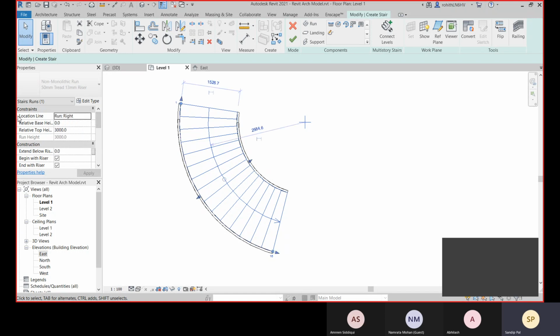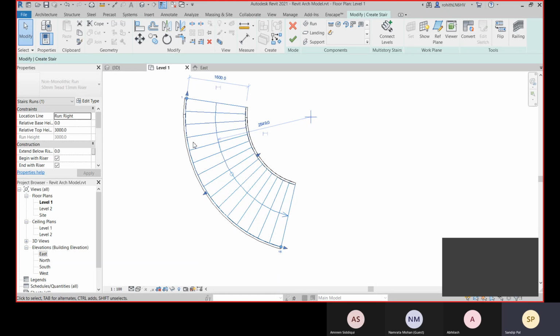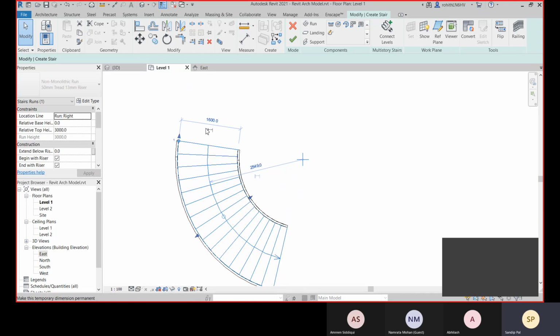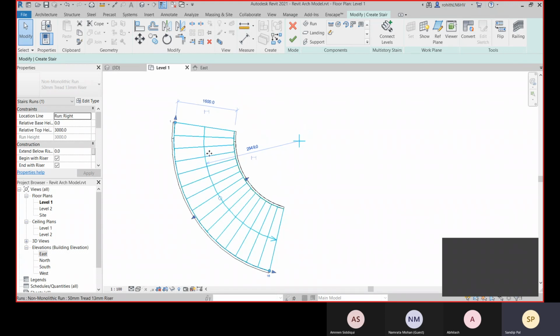Okay, so let me show you if the location line is to the right. What will happen if you give the value, it will increase, see. Okay, all right, so the location line will be fixed. Sorry, this is my mistake. The location line will be fixed, and it will be increased to the opposite side. Okay, so the location line direction will be fixed, and it will increase on the opposite side. So let me show you with that